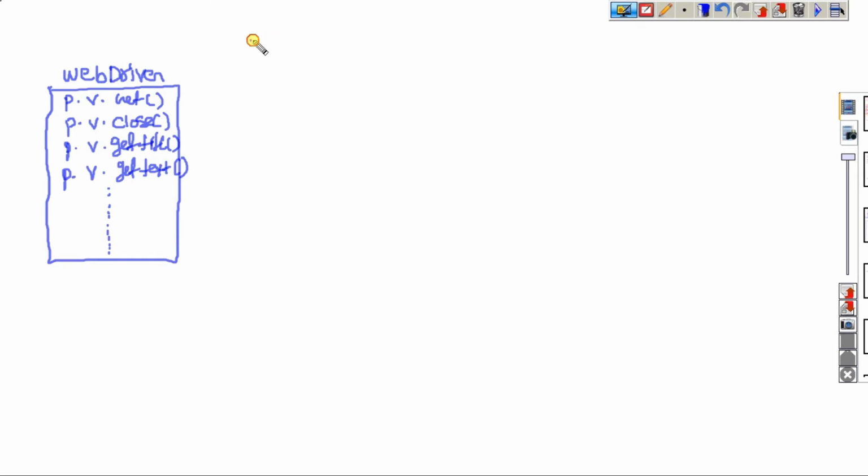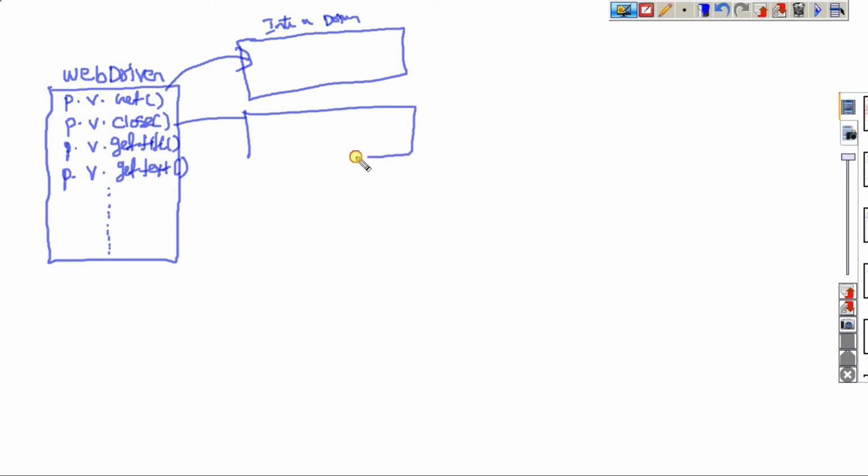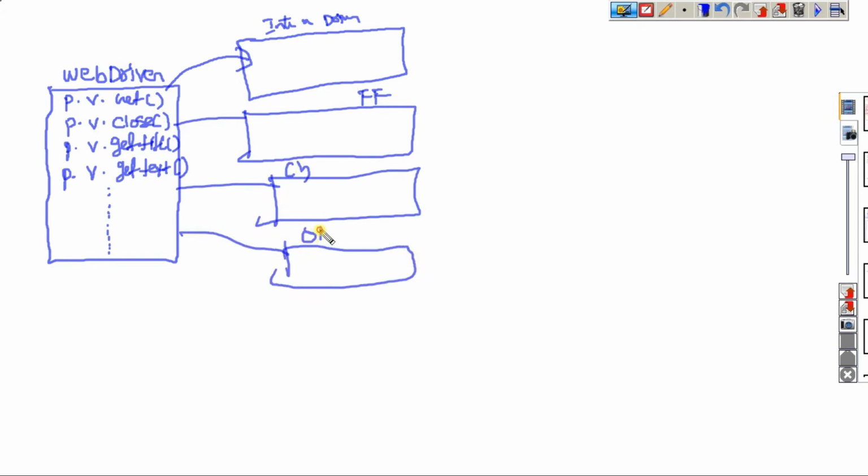So I have one class called Internet Explorer driver, the IE browser. All these methods I can implement here, because you want to test a web application. Next, the same methods I can implement for the Firefox browser, the Chrome browser, the Opera browser, the Safari browser.